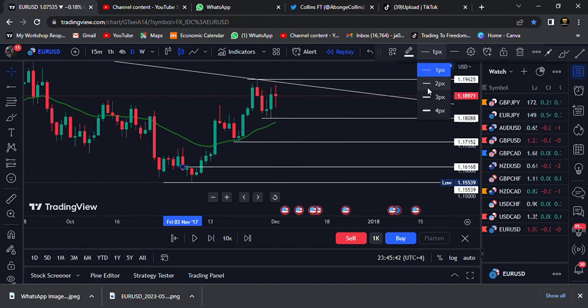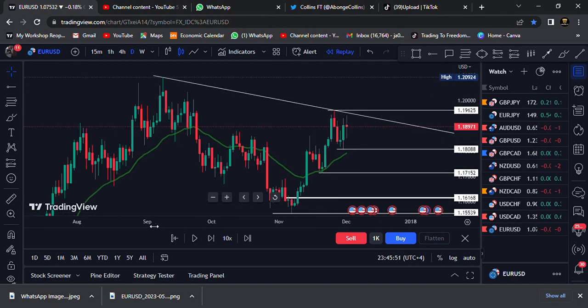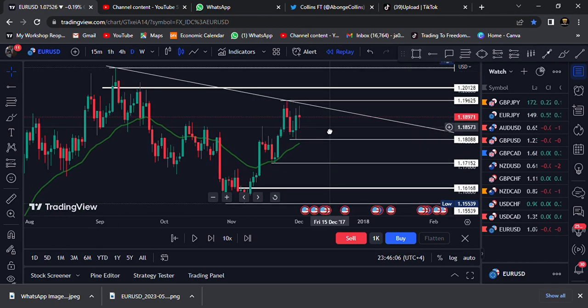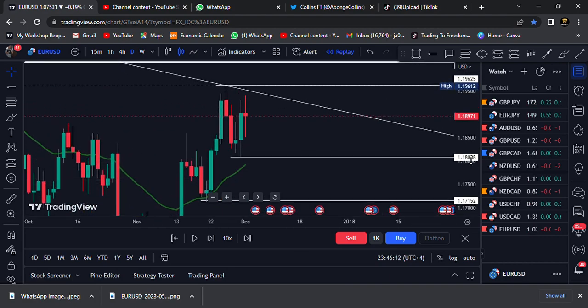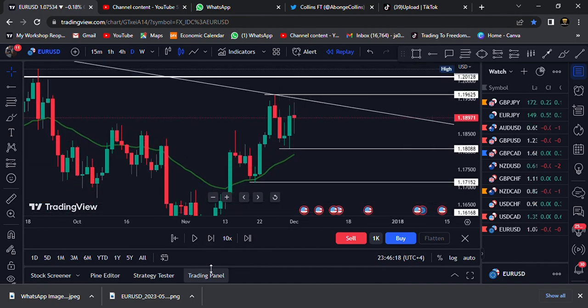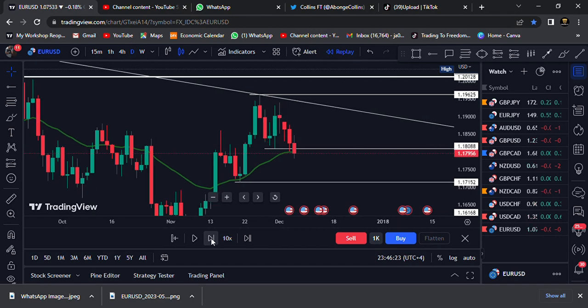Let me enlarge it. That is if the market comes back down, but if it continues to go up, of course this would be our take profit guys. That is if the market continues to go up. But before we take profit, let's check what the market is saying and what it is doing before we enter, before we take a position. So okay, it hit the first support, and